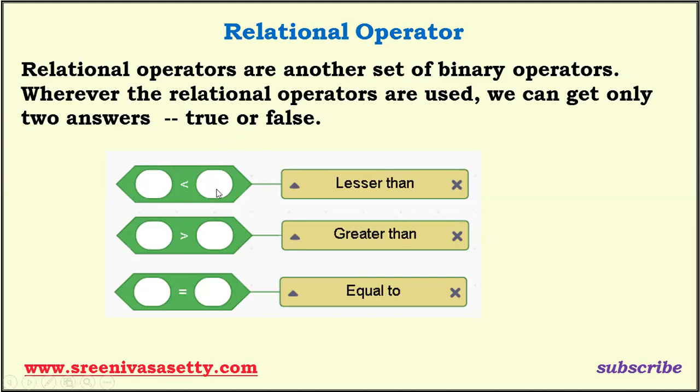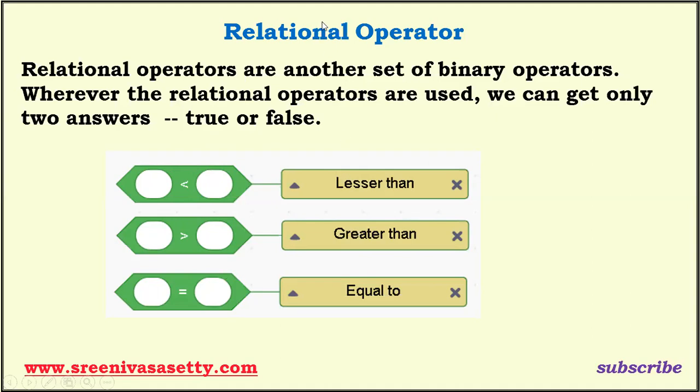Okay, what is the application of this operator? Suppose I ask you to find the largest of two numbers, the smallest of two numbers, the largest of n numbers, the smallest of n numbers, or arrange the numbers in ascending or descending order. We can do a lot of operations using this particular operator. Therefore, it's going to compare two numbers, and after comparing, it will return either true or false. That is the outcome of this operator.